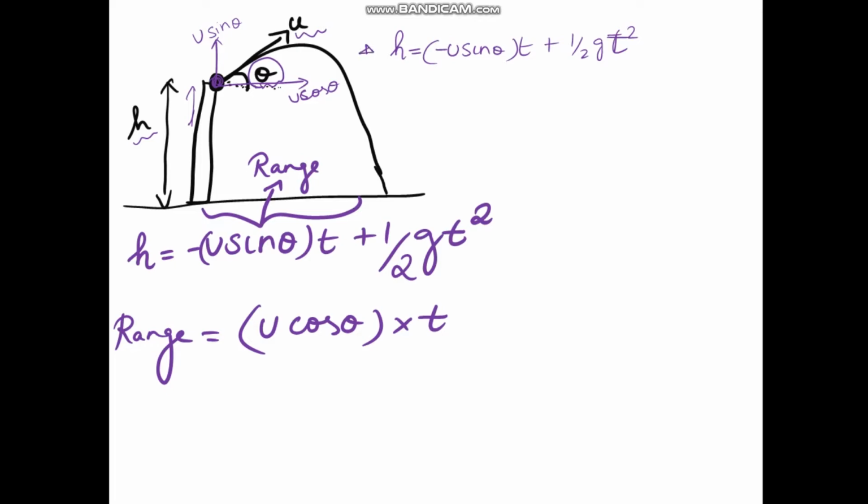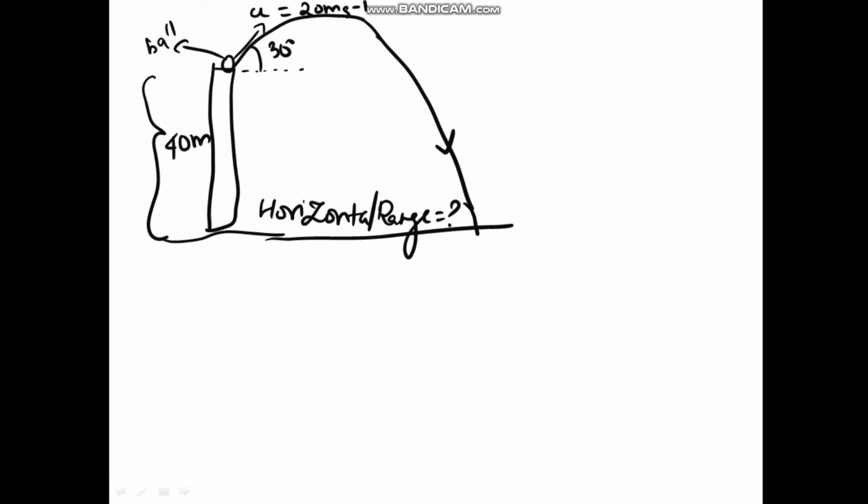This is the first equation you must remember, and the second equation you must remember is the range covered. That is, range is u cos theta, which is the velocity along the horizontal direction, into time, the distance covered, that is nothing but the range. These are the two formulas you must remember if they are giving that from a tower of height h they are throwing a ball. Here there is a numerical based on the concept. Let us work it out.